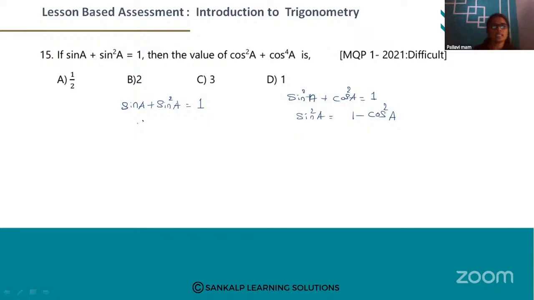sin A is equal to 1 minus sin square A. One minus sin square A. Okay. So ಇಲ್ಲಿ ಏನ್ ಮಾಡೋಣ ನಾವು, sin square ಬದಲು